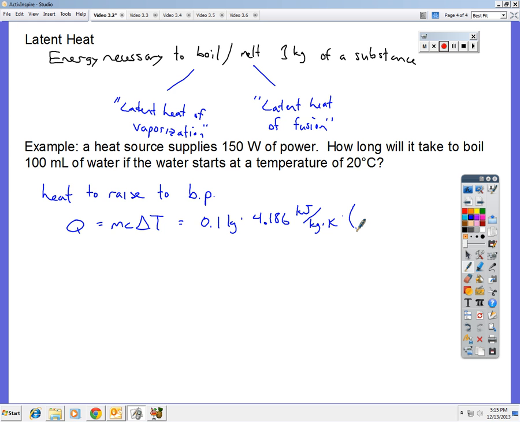We'll see why later. And the change in temperature is the final minus the initial. So an 80-degree temperature change. And that works out to be